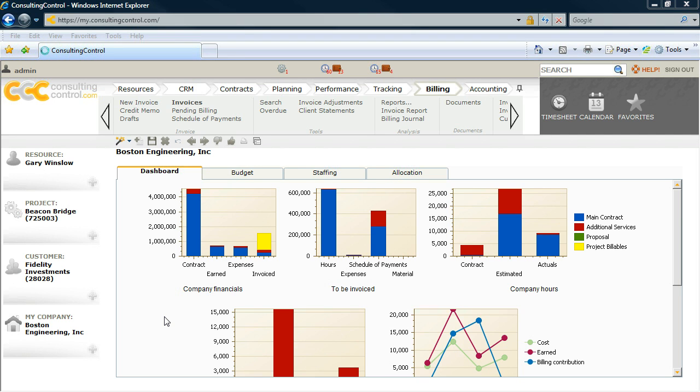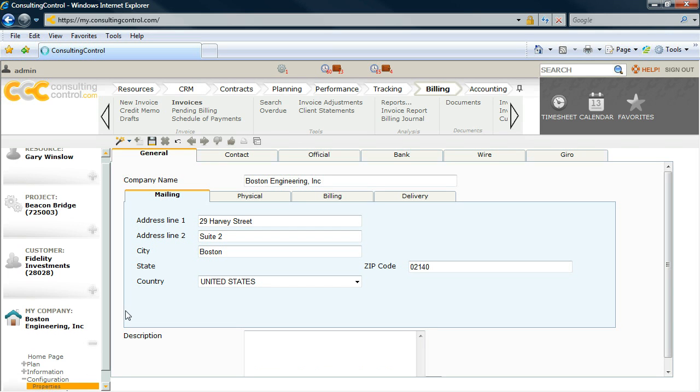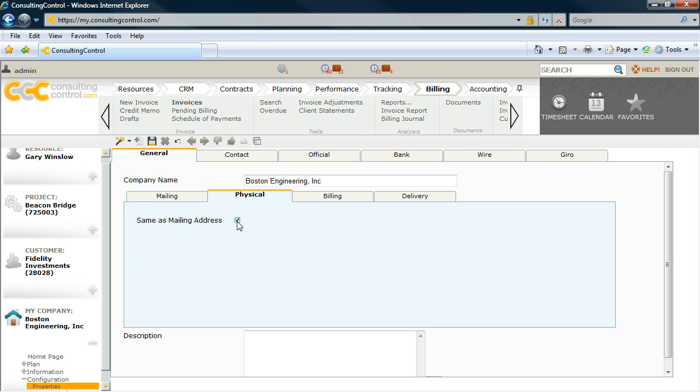We start off on our home page and we will jump right into our company information. And so this is for my company. We expand our menu, click on configuration and properties. This is where we begin inputting information on our company that will be used on the invoice to essentially help us get paid faster. We have mailing information, physical address, which of course could be a PO box or the